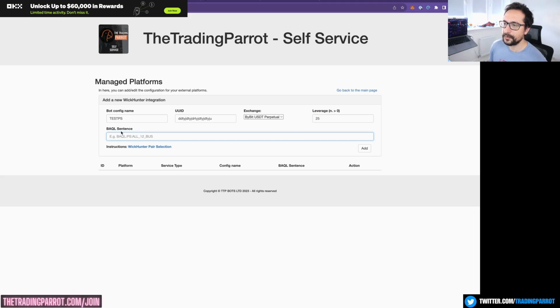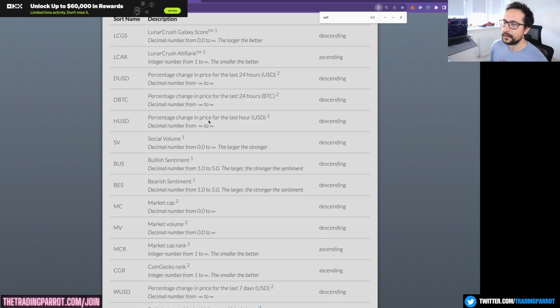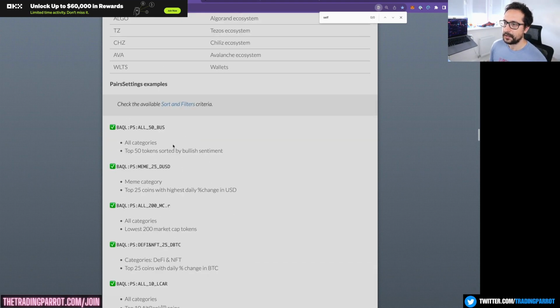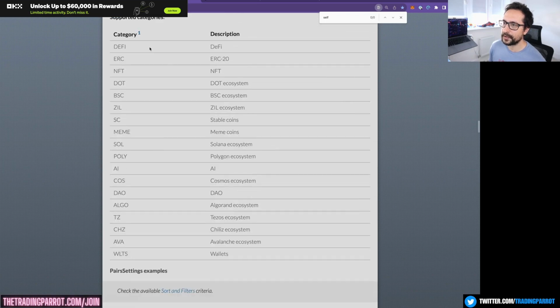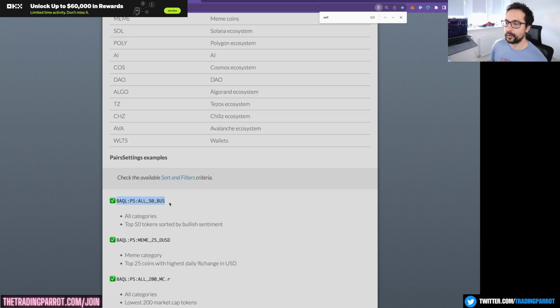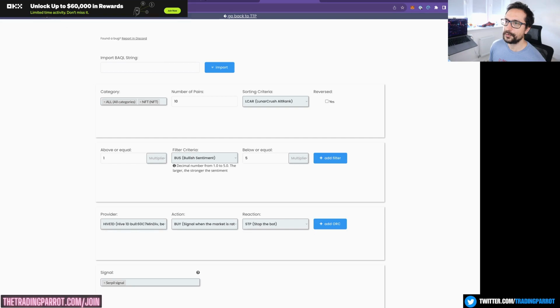Next thing we need to do is to pick the pair selection strategy query. And for that, you can either write it yourself, reading the documentation. Like for example, here I'm going to pick this criteria and just copy paste it. That is selecting from all types of tokens, not just from a single category, the top 50 most bullish tokens according to LunarCrush. You could also use Botborg,